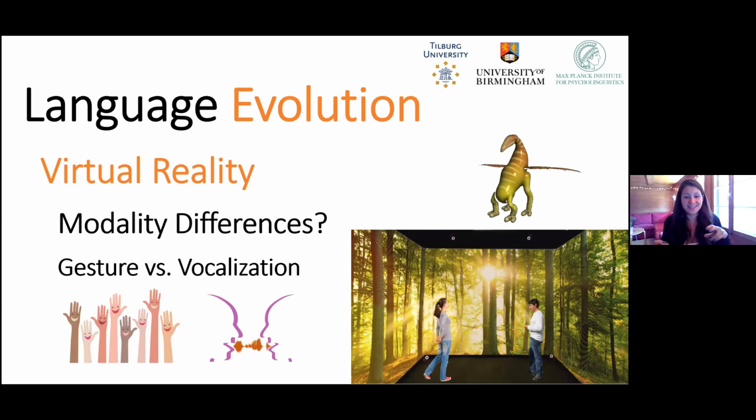In this case, we predict that grammatical structure and iconicity will emerge in both modalities. You can imagine, for example, the size of the creature being expressed iconically in the signed modality by using a bigger gesture. That's pretty easy, but you can also imagine it being expressed iconically in speech using a high or a low vowel. So big things could have an ah in them, and little creatures can have an e in them. And I predict, very much anchored in previous work, that there will be more iconicity in the gestural modality, because there are more affordances for iconicity in gesture.